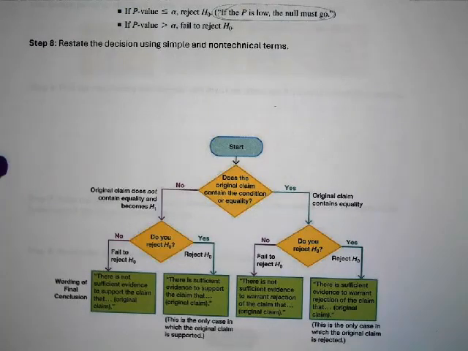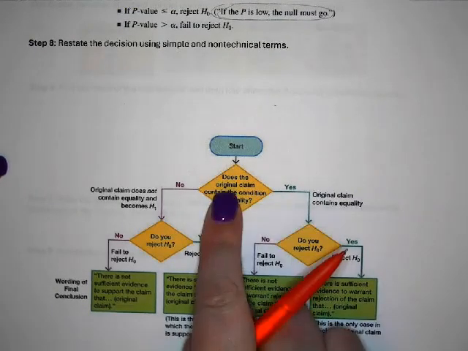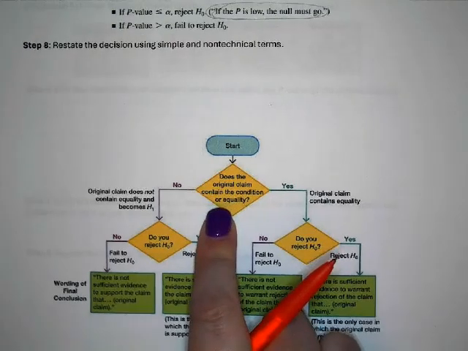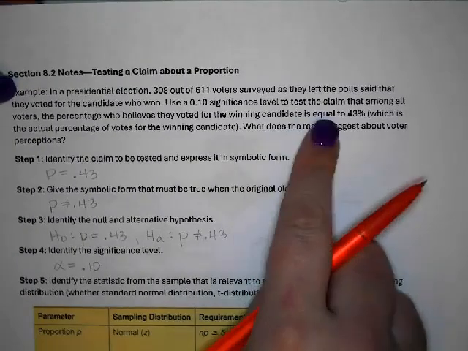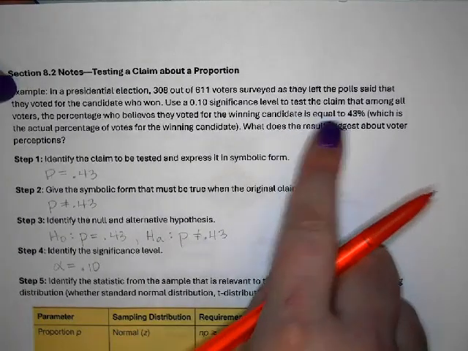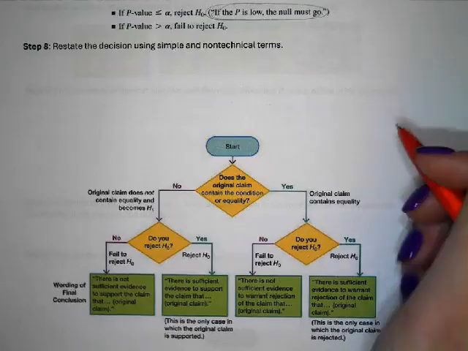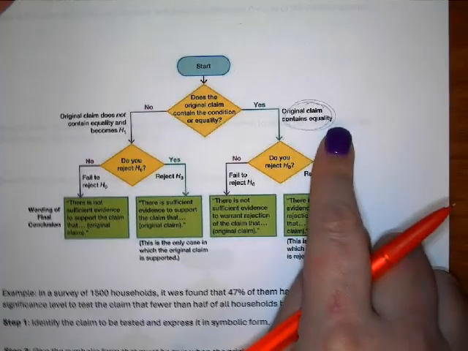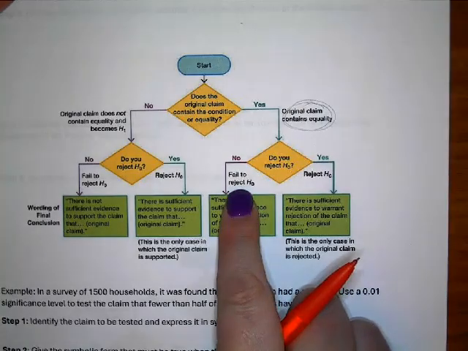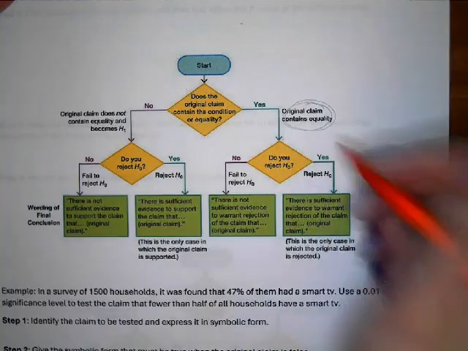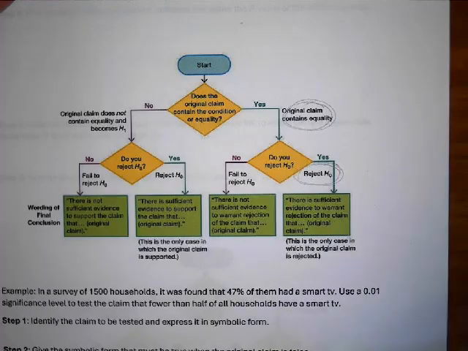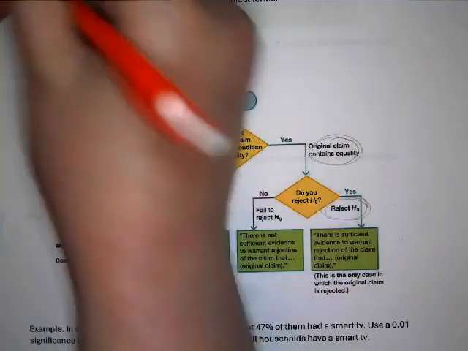Okay? Next, we have to write our sentence using simple and non-technical terms to kind of interpret what we just said. So first, we need to determine if the original problem, if that condition used equality, and it said equal to 43%. So it did claim equality. And so we're looking at the original claim contains equality, yes. And then did we fail to reject the null hypothesis, or did we reject the null hypothesis? We rejected it. And so when we write our sentence, we're going to phrase it this way. There is sufficient evidence